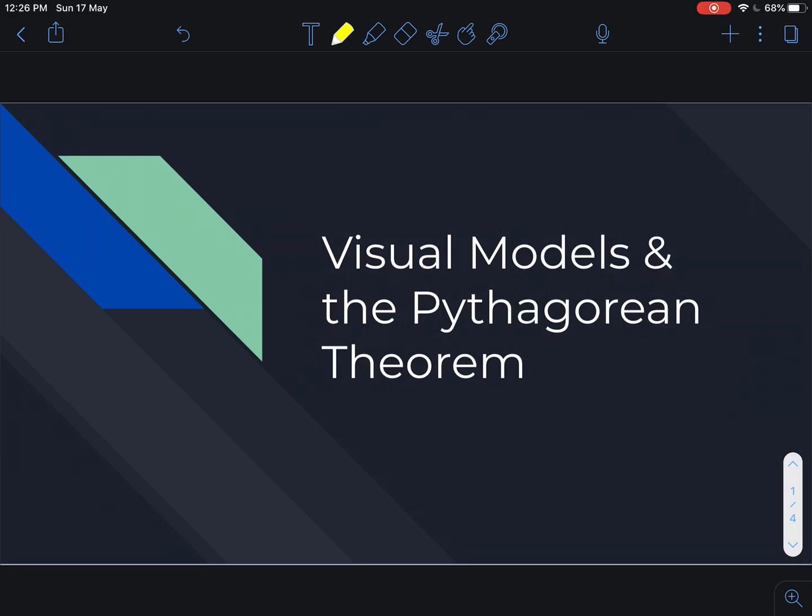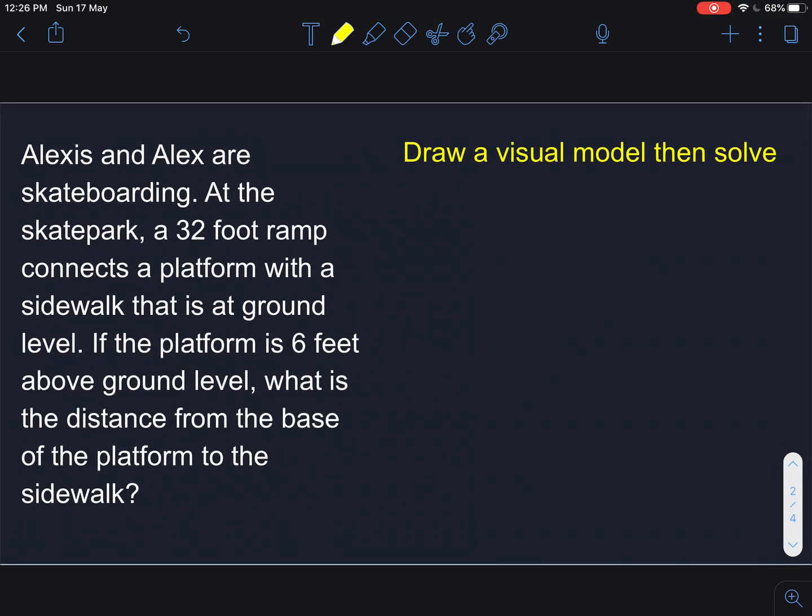All right, what we're going to do is just go through and do one problem in this video that uses the Pythagorean theorem and, more importantly, is going to ask you to draw a visual model for the question. So here is the question. Alexis and Alex are skateboarding. At the skate park, a 32-foot ramp connects a platform with the sidewalk that is at ground level. If the platform is 6 feet above the ground level, what is the distance from the base of the platform